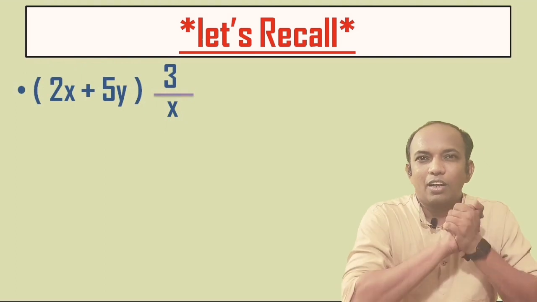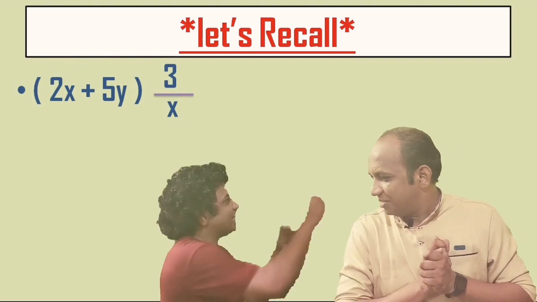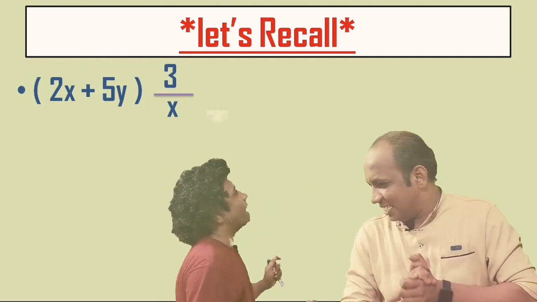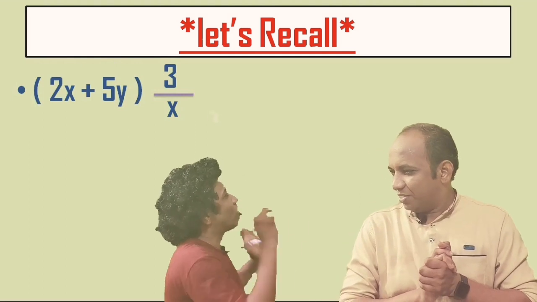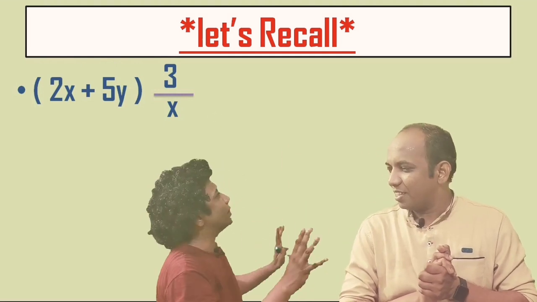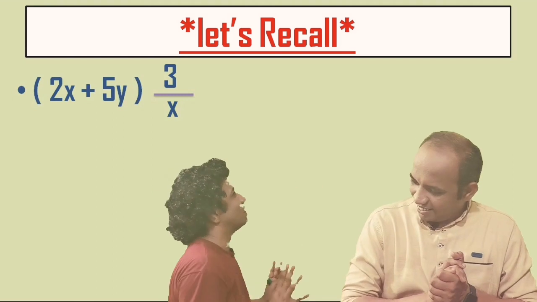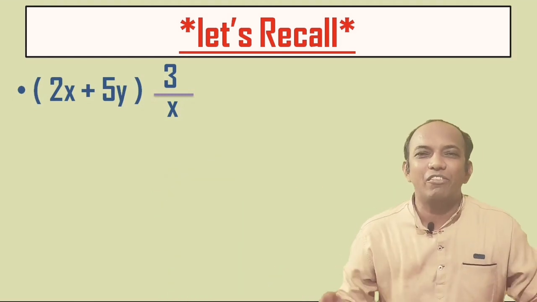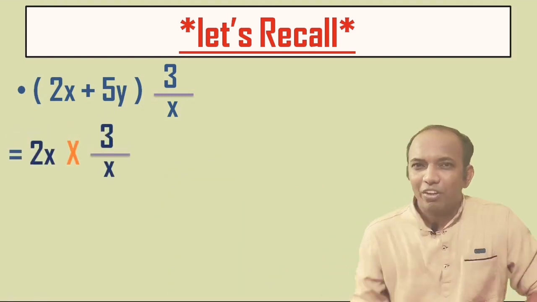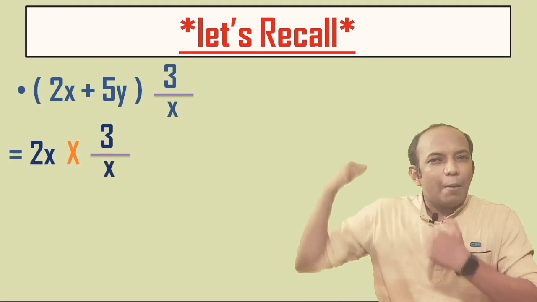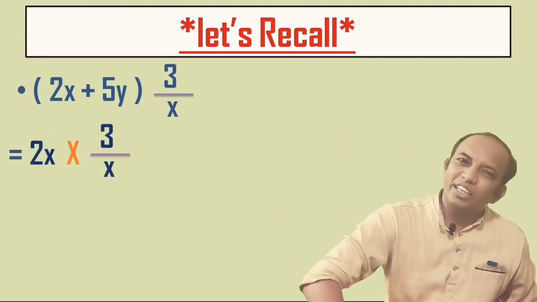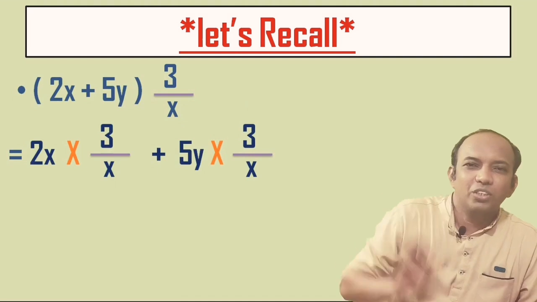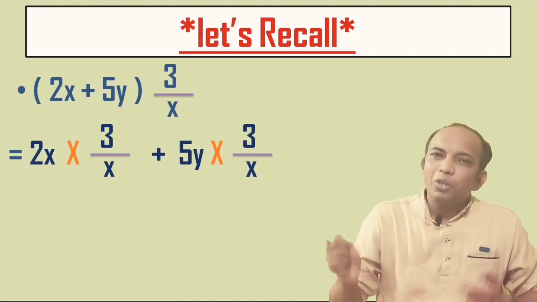What do you see? Come on Monu, can you tell the rules? Yes sir, I know. We can solve it by fountain method of multiplication, according to which 3 upon x will multiply both the numbers which are there in the bracket. Of course, we have to solve it by fountain method. So according to that method, the way Monu informed us, 3 upon x will multiply both 2x and 5y, the way you are looking on the screen. Okay, after doing multiplication,